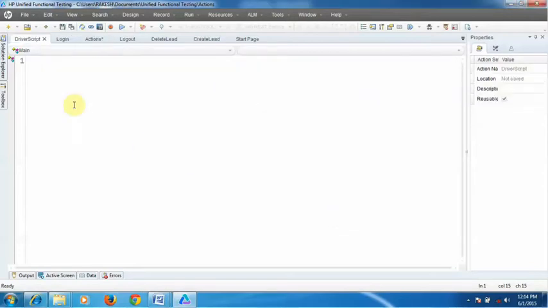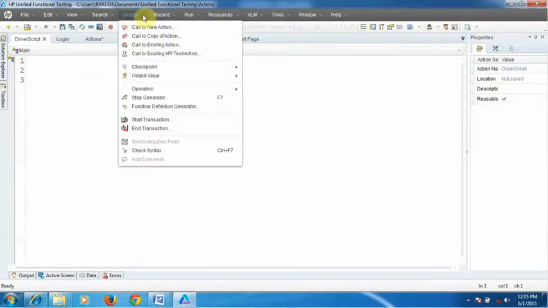Okay, now what I want to do here, I want to run only, suppose I want to perform only login and logout operation, and I don't want to run create lead and delete lead. So what we will do here, we need to call here, go to the design, and here